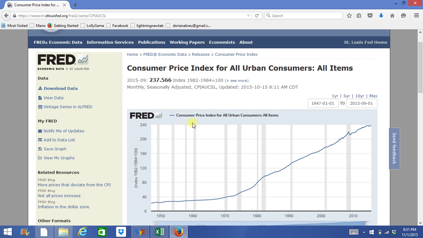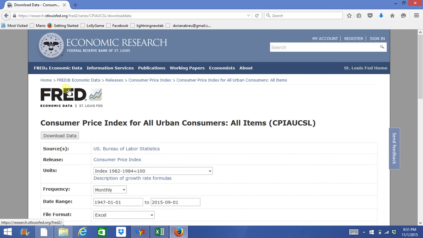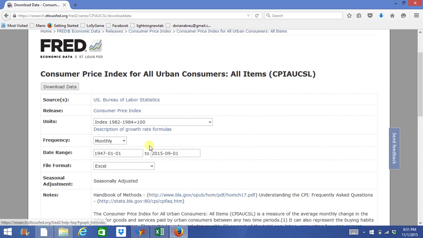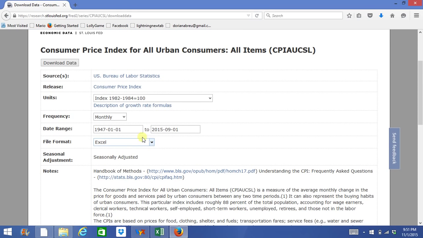Once I've clicked on that, I'll go to my left hand side and look at download data, and I'll click on download data, and this screen comes up, and I'll adjust from monthly to quarterly here. And I'll leave the aggregation method as average. So I'll leave it as is. And I want to modify the date. It's from 1950, quarter 1,